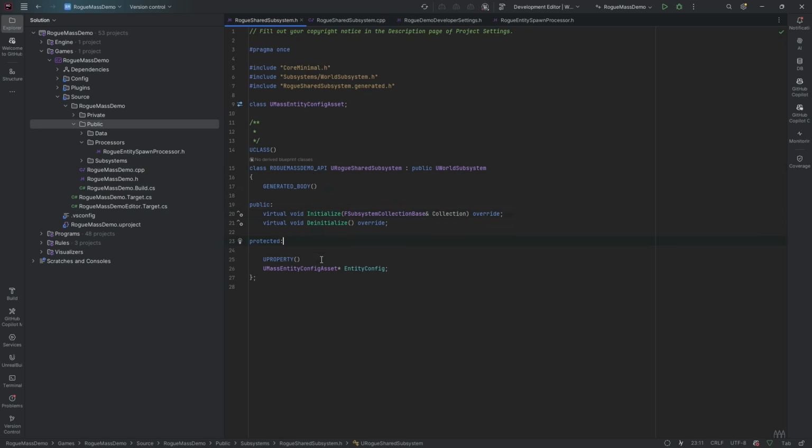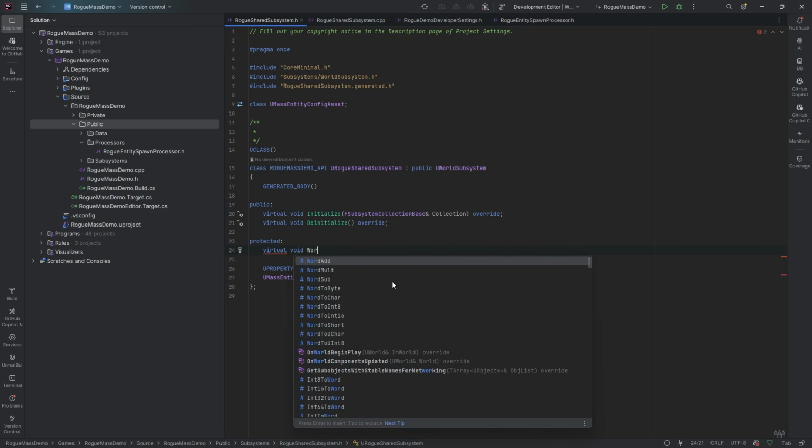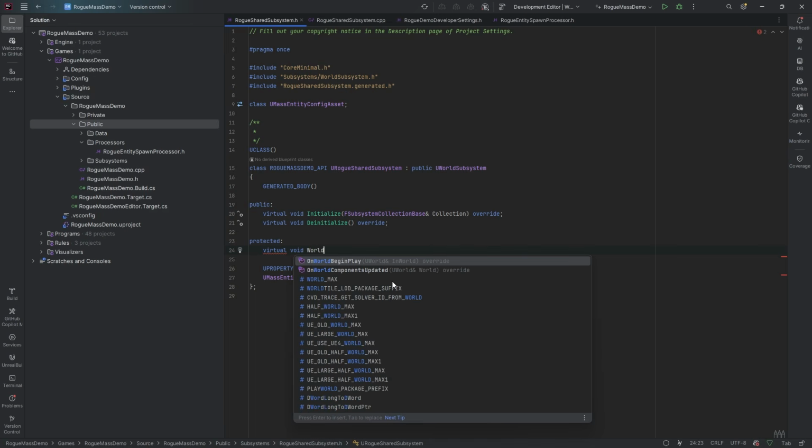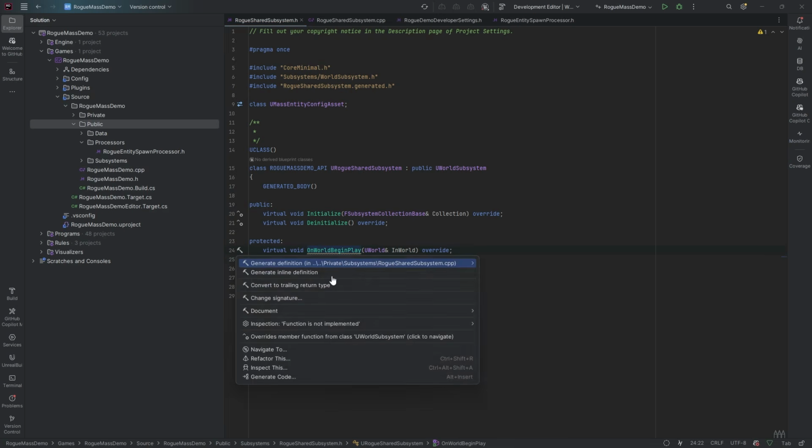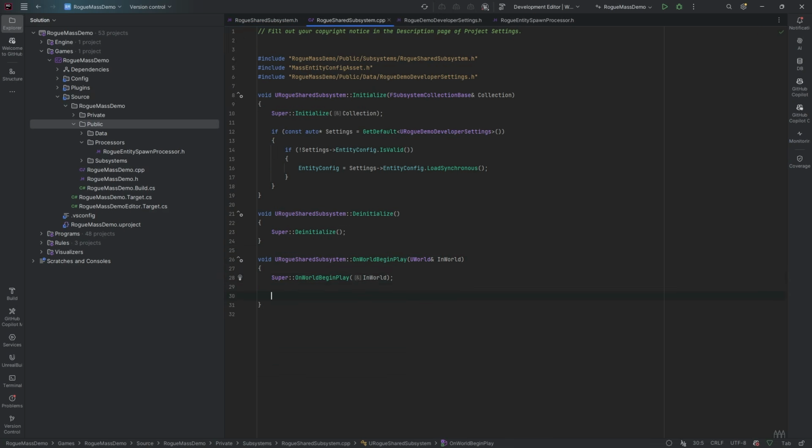We'll come to protected, and we're going to override the world begin play. I think it is. Yeah, on world begin play. So this is just begin play for a subsystem, or a world subsystem. And in here, we want to check that our entity config was assigned. So we just want to